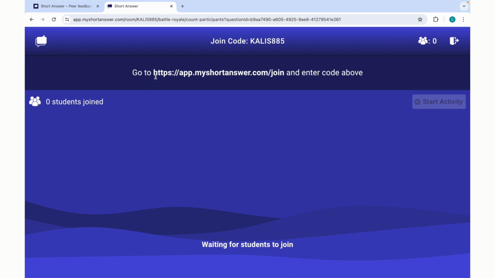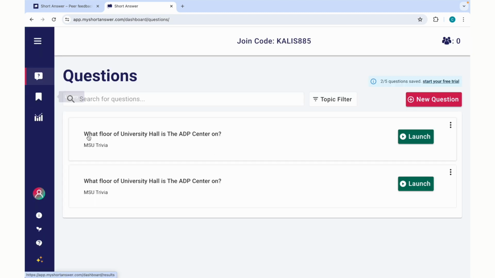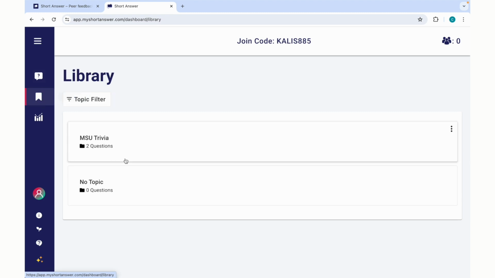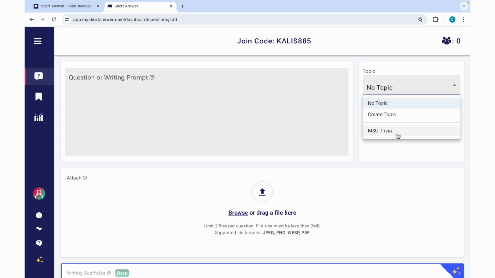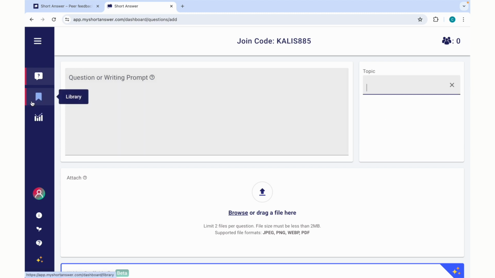I'll leave that for you after you create your prompt and invite some people to test it out. If you do enjoy the question that you've saved, you can go back to the library option on the left-hand side of the user display menu, and you can see sets of questions that you've saved based on specific topics when creating the new question. You can save it under specific topics or create a topic, which it will save it under, similar to a